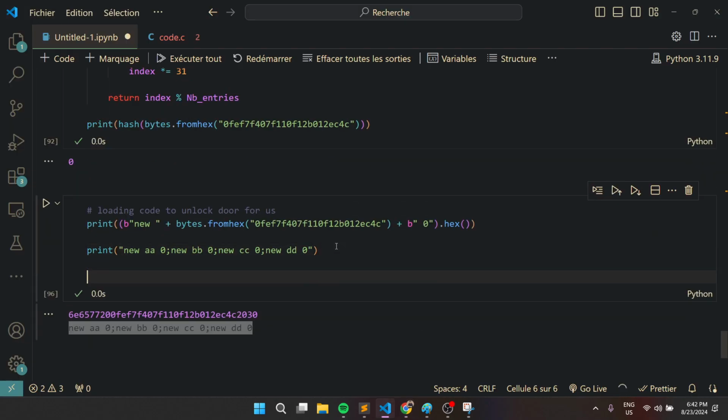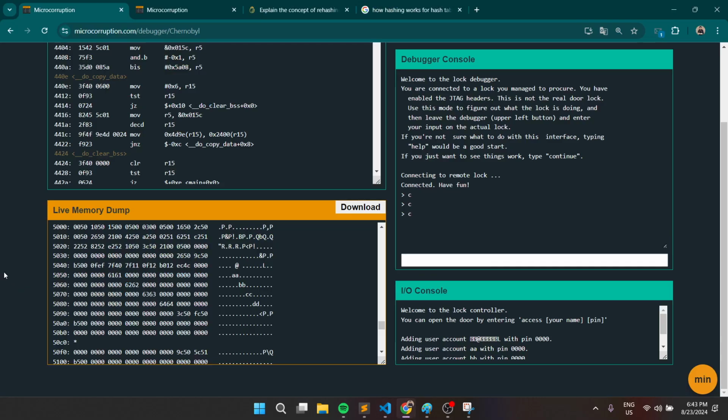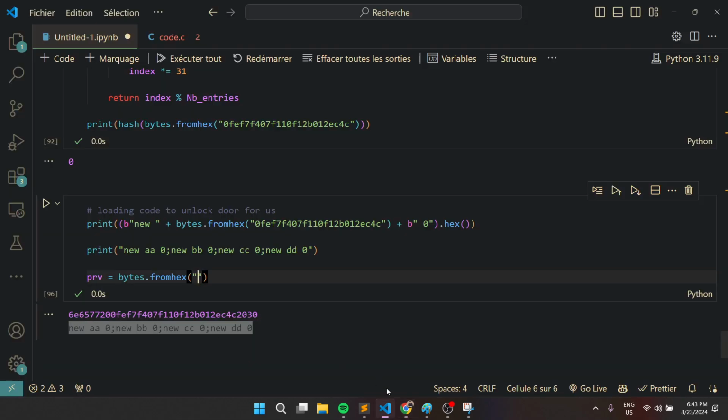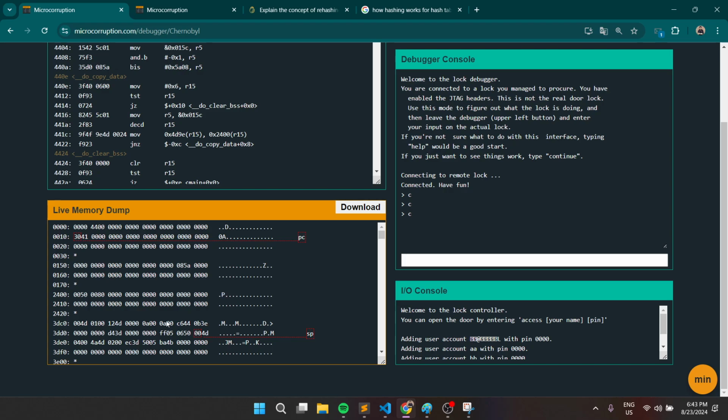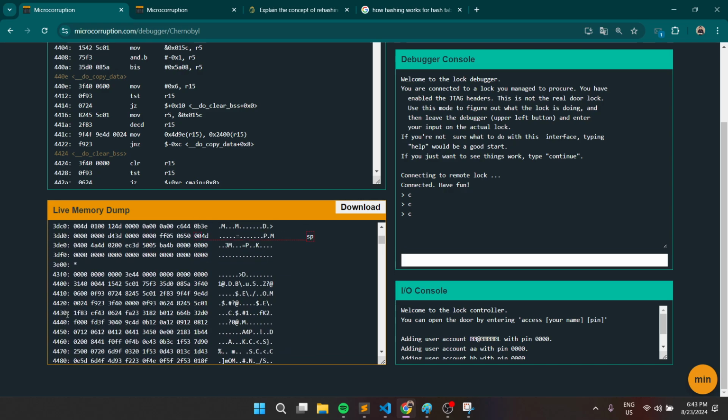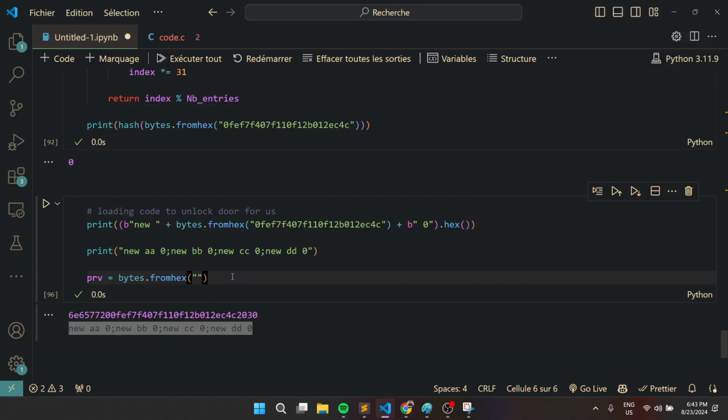So to override those values, the previous is gonna be, for example, bytes from hex. So what is the address that we need, for example, for the previous? The previous is going to be actually the address of the stack pointer that we have seen, which is going to be 43 something. Basically it's 43. Yeah, so this is the return address, so I'm gonna be setting the previous as this one, just by assuming that this is the previous, this is the next, and this is the size of a fake chunk that I have just invented. So it's 43f2, so if we just flip them together, it's f2 43, and for the next